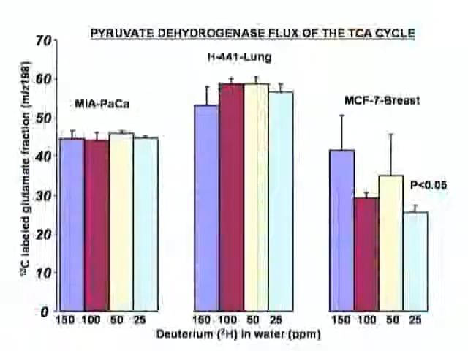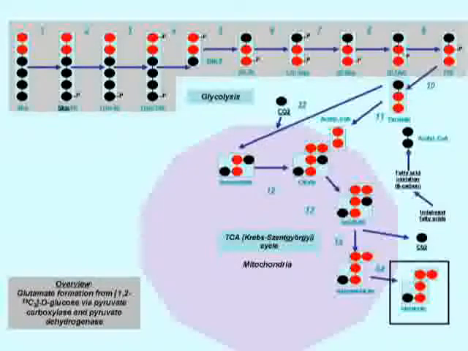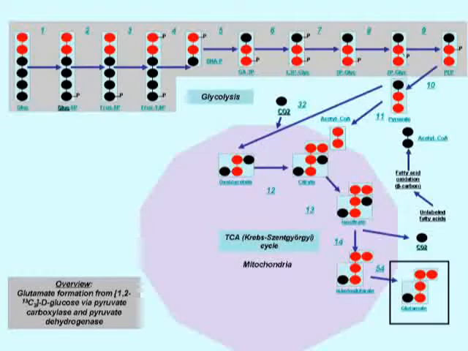And what you can see here is that, in particular with the 25 ppm water, the labeling in glutamate, which is the product of pyruvate entering the TCA cycle either through pyruvate carboxylase or pyruvate dehydrogenase, eventually through citrate and isocitrate formation, the certain labeling scenario in glutamate would allow us to determine a number of things. And one is how many times the cycle turned over, how effective this